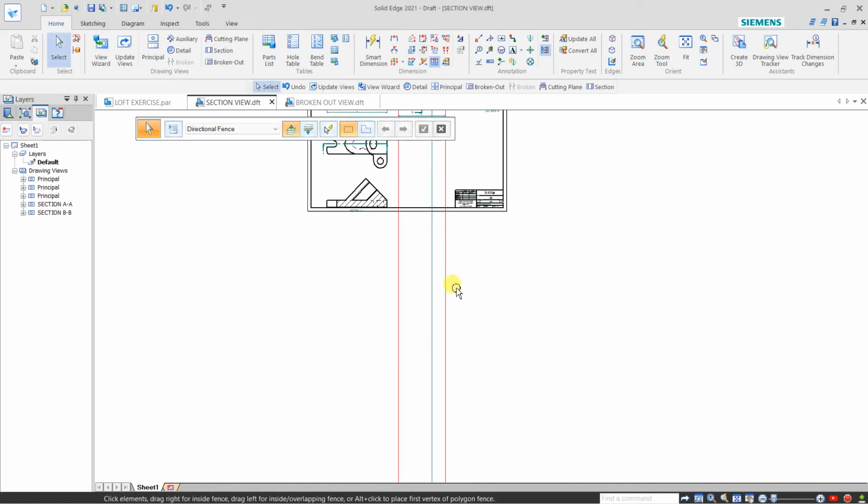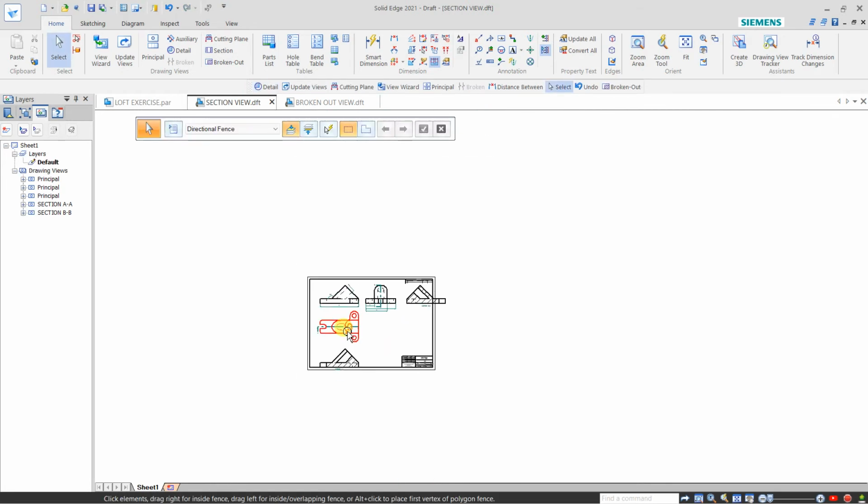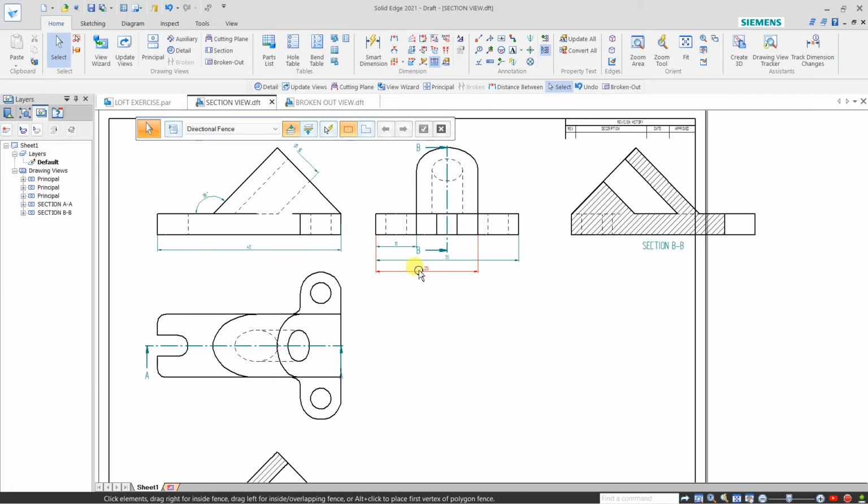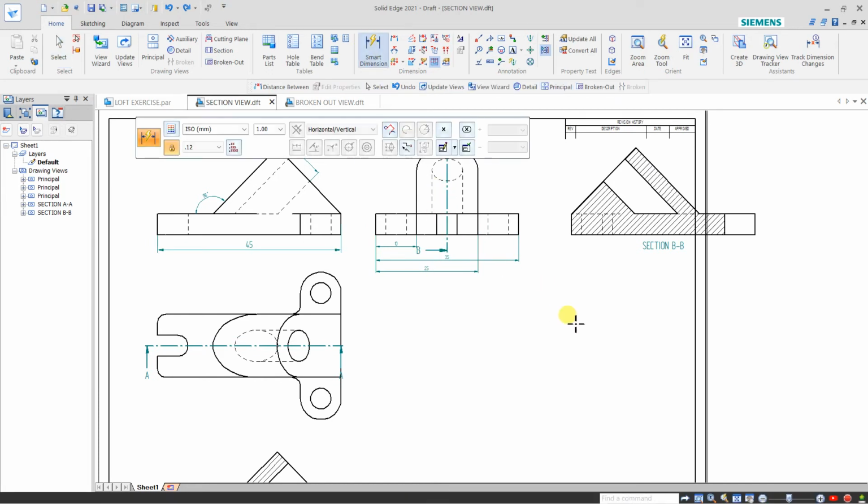So see, undo. Most of the time we use this smart dimension. With the help of this, we can specify all the dimensions.